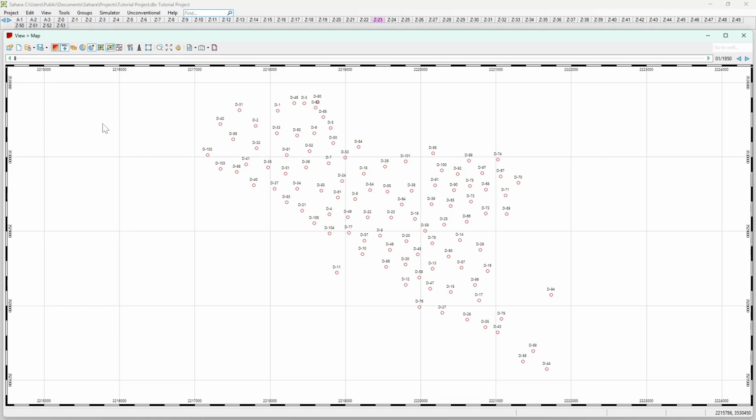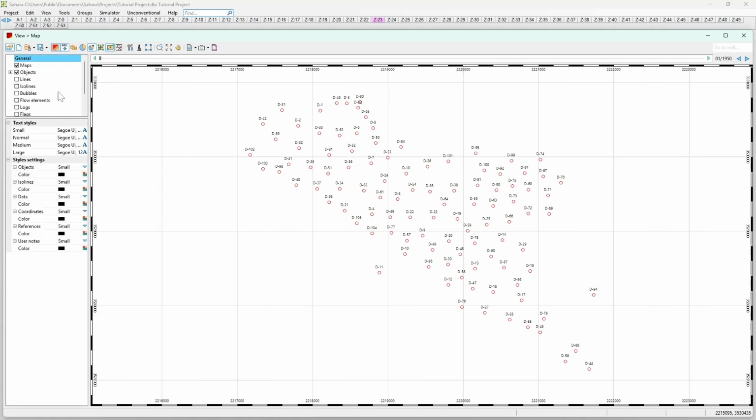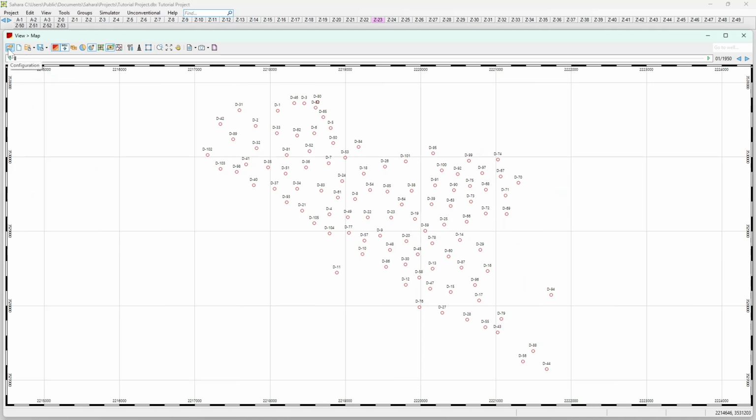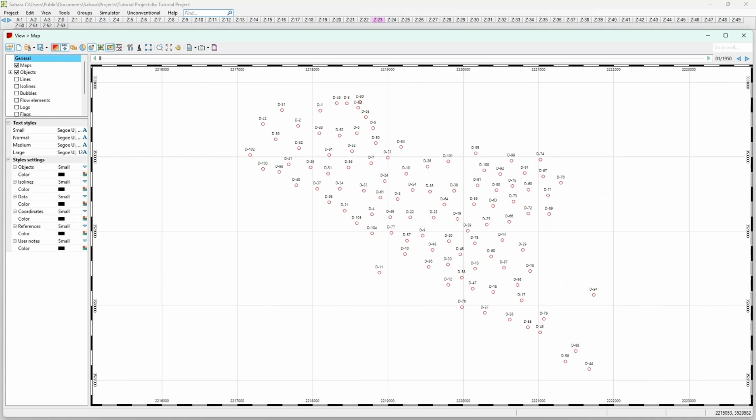For this we have two options. We can either right click and choose configuration, and it's going to open the tab, or we can click on this button over here to open the tab. Once the tab of the window map is open, we are going to select bubbles. Our next step is to check this, either with this button or with this checkbox, to select the bubbles and